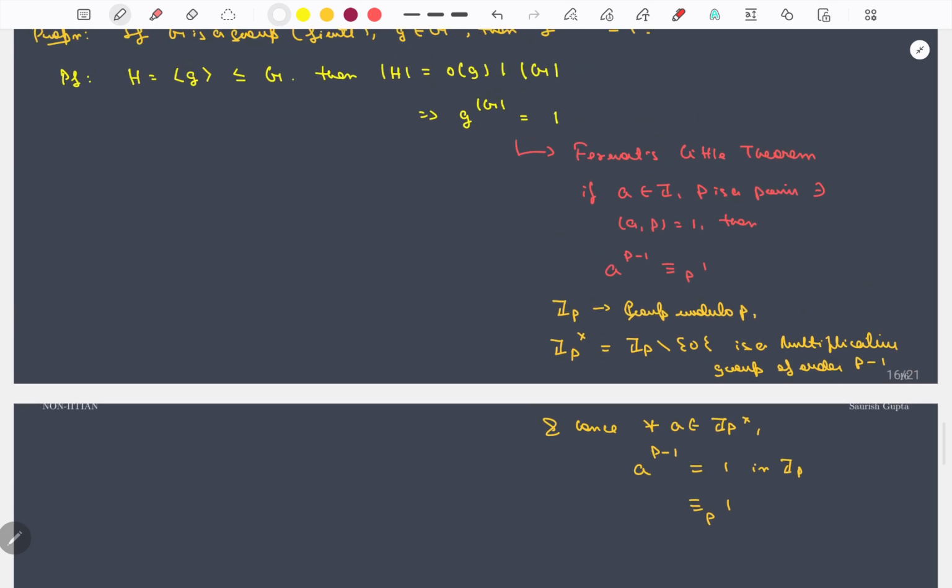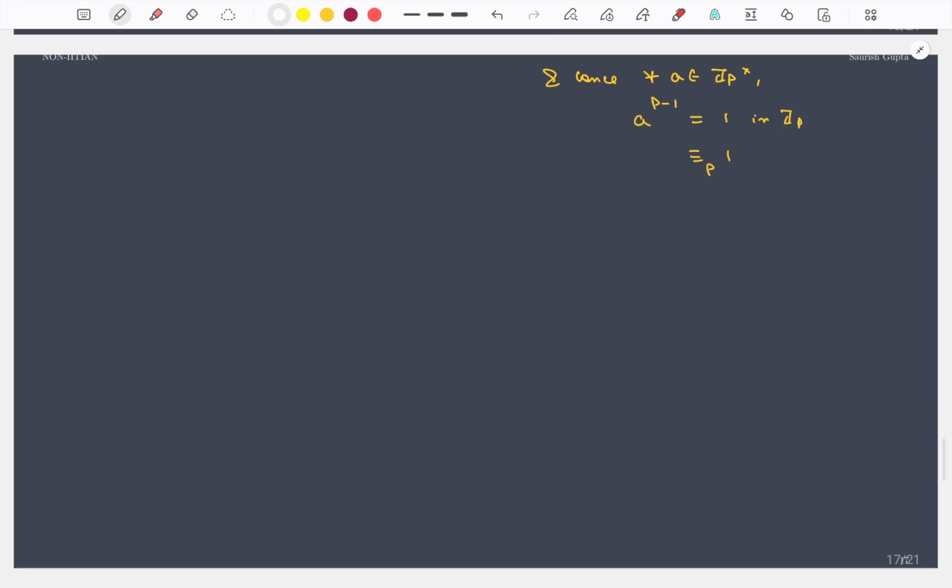So why are we so sure about the fact that Zp cross is a group of order p minus 1? Because we are sure about the fact that Zp is a group of order p. And why is that? So we'll come to that now. It says the following. Theorem,